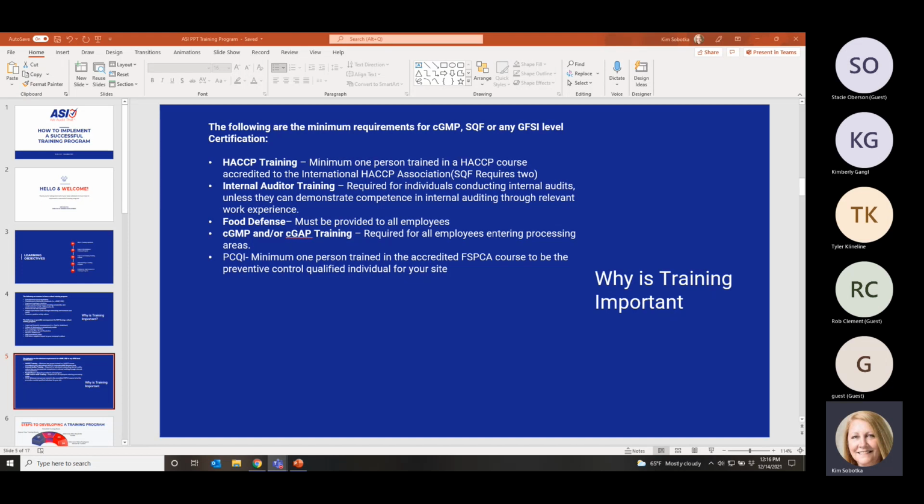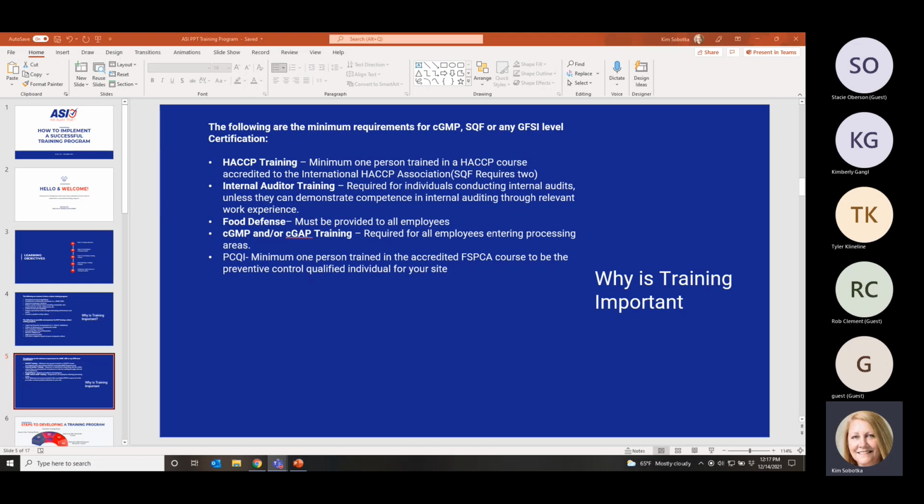So not only did we cover the advantages of having a training program in place, the disadvantages. Now we've covered the minimum requirements of what GMP, SQF, BRC, FSSC require. So the exception on this is the PCQI. Under a lot of the standards, because they're global standards, there are statements within them that state you'll follow your country's regulatory requirements.